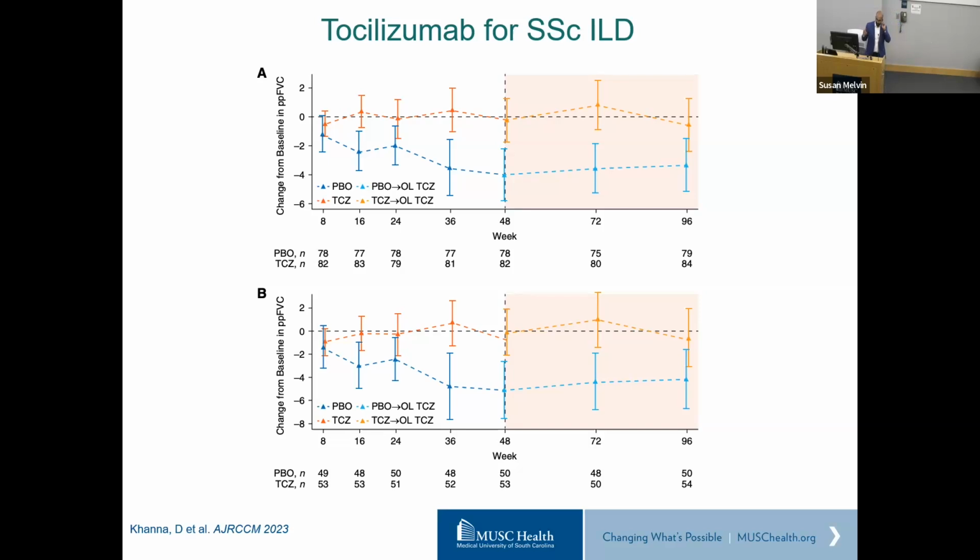What you can see is this is actually the data from the open label extension, which shows that at one point, even within the folks who had placebo, when they started on treatment, you can see some improvement and stabilization of lung function, kind of similar or parallel to the ones who were treated. So there is early separation of curves with regards to lung function decline, and finding that parallel with the open label extension group is, again, convincing evidence that this drug actually is helpful.